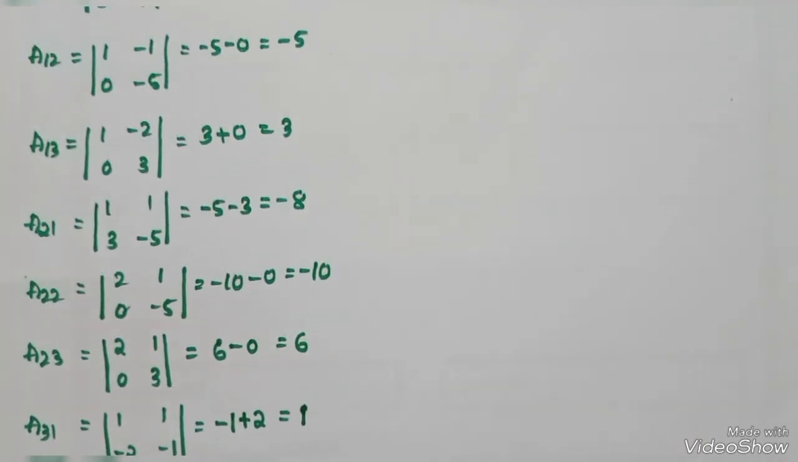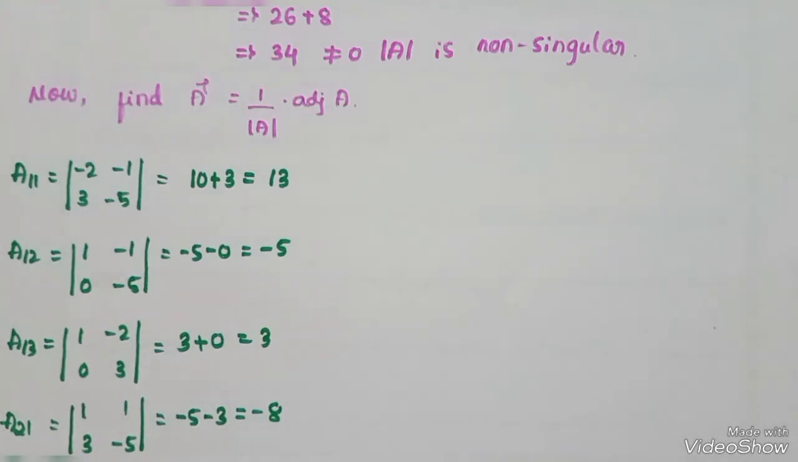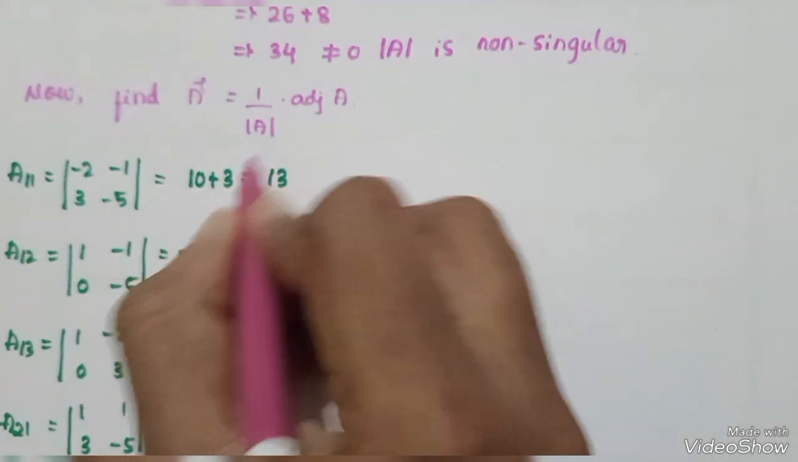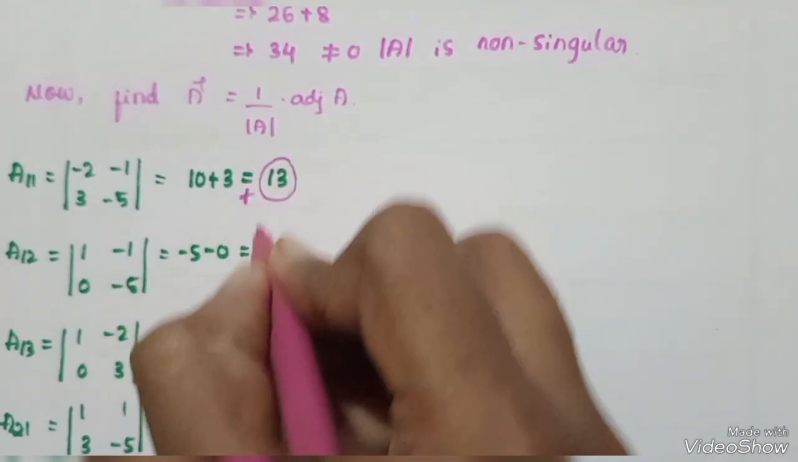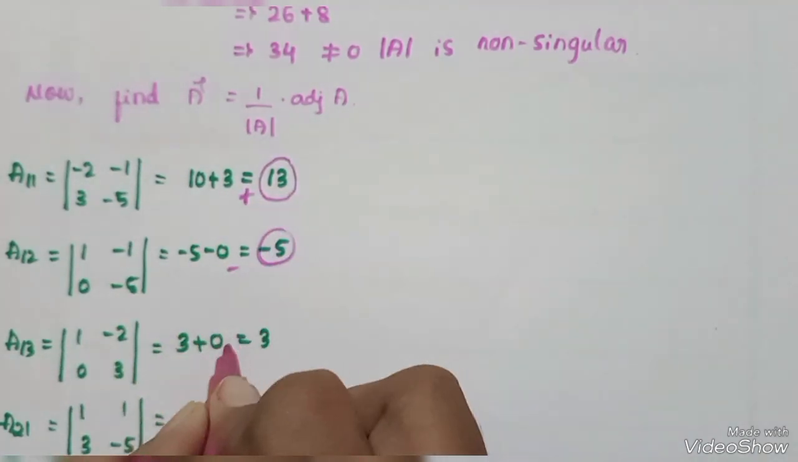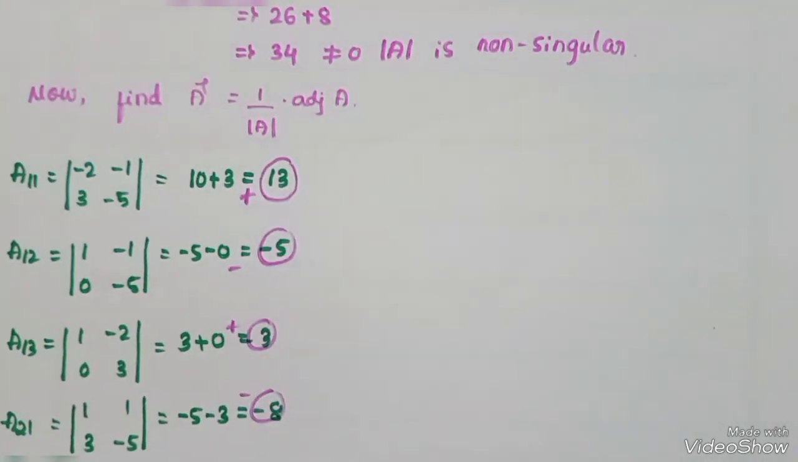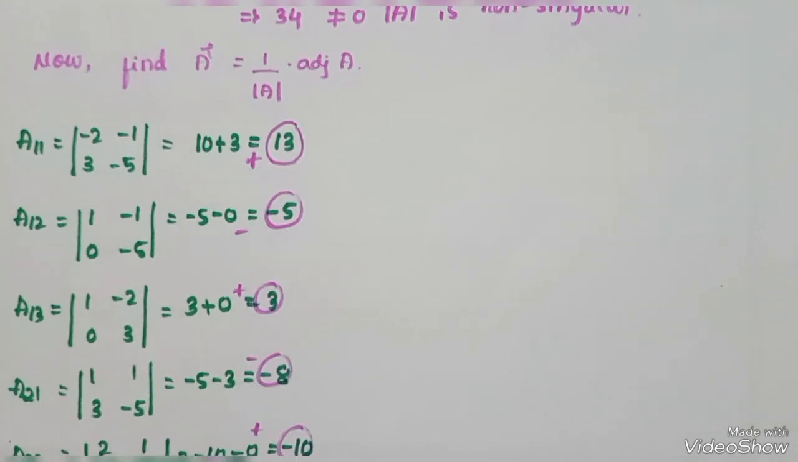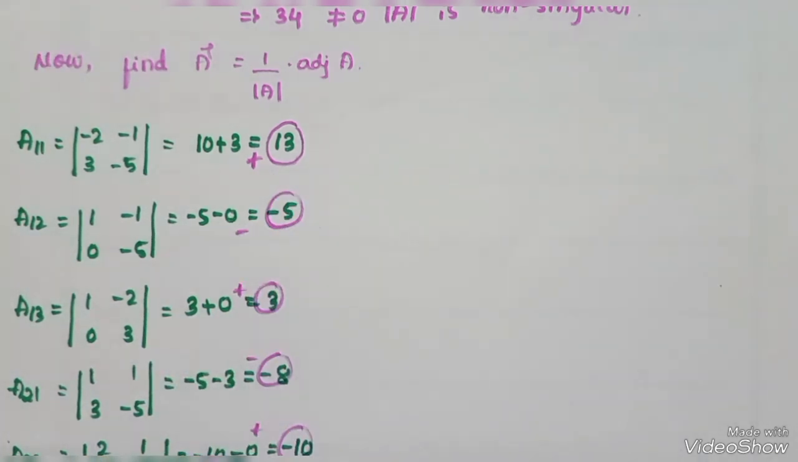For this minus, I am directly taking signs. Okay, I am directly taking signs here, plus minus plus minus plus minus plus minus plus. Okay, here I am changing the corresponding signs. Then we get